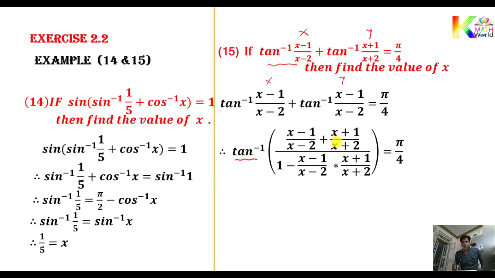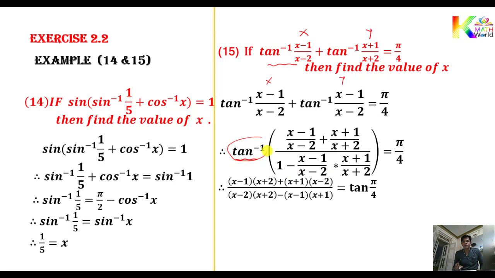In the next step, at the same time considering the LCM also. So x plus 2 gets multiplied to x minus 1, x minus 2 gets multiplied to x plus 1, and in the same way x minus 2 into x plus 2 gets multiplied to 1. In short, the LCM is there. The LCM of numerator and denominator will be the same, so you can cancel it out directly. Taking this tan inverse function on that side, tan inverse converts on this side to which function? Tan. So you get tan of pi by 4. Now what is the value of tan pi by 4? 1.